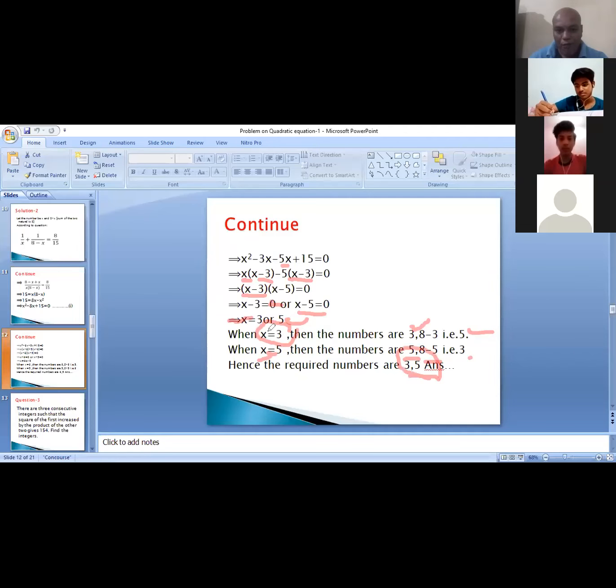But you have to write, we are getting x two values. x value is 5 and x value is 3. You have to write both the values and find using both the values of x, 3 as well as 5. But your actual answer is 3 and 5. But you have to use both of these. This last part you have to show it. When x is equal to 3, what is the value? When x is equal to 5, what will be the value? And we are getting two numbers. Clear? Yes, sir.